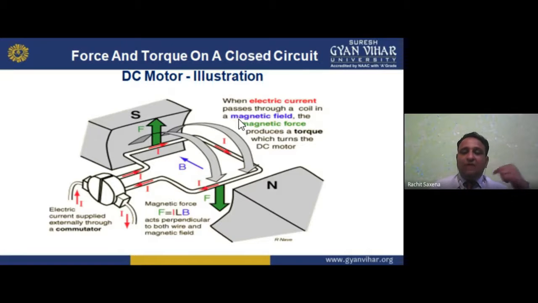But if I'm talking about the electromagnet, the electromagnet concept basically came from the Biot-Savart law. If I'm talking about the Biot-Savart law, my dear students, the two scientists gave us the concept. Nowadays we use the word scientists, but basically they are physicists.